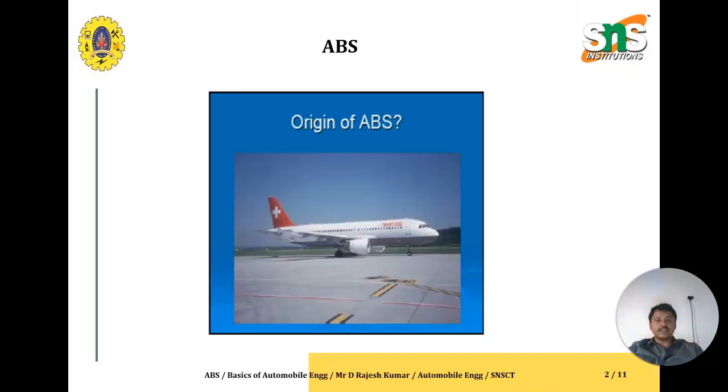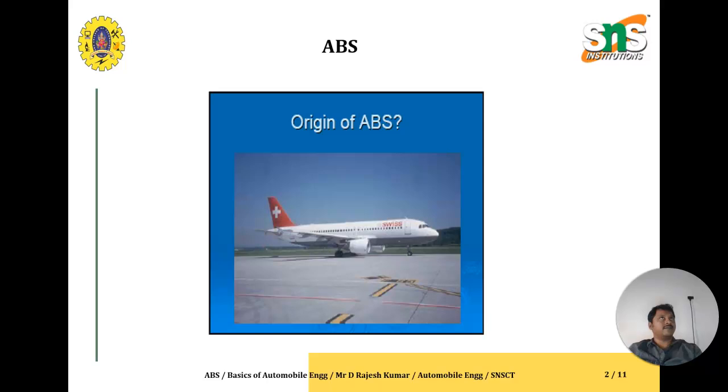The origin of ABS is from aeronautical science, because the flight is having a very lengthy runway. During the landing, because of the icy road surface or the runway being wet, the aeroplane cannot be landed safely, because while landing we need tires, and these tires are not able to stop in the desired